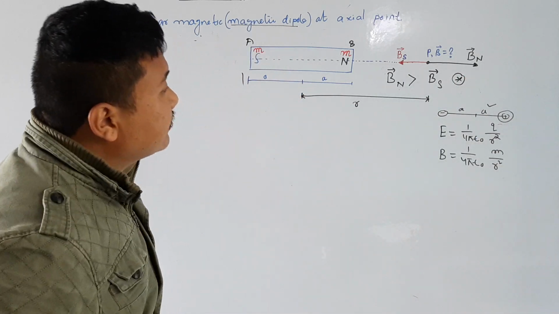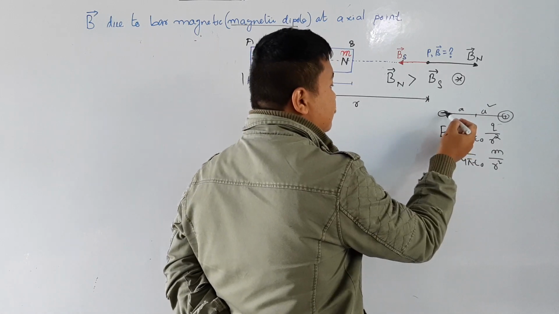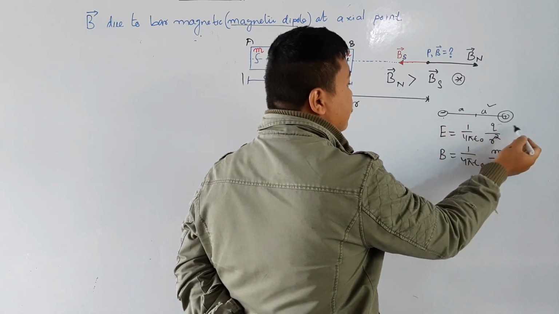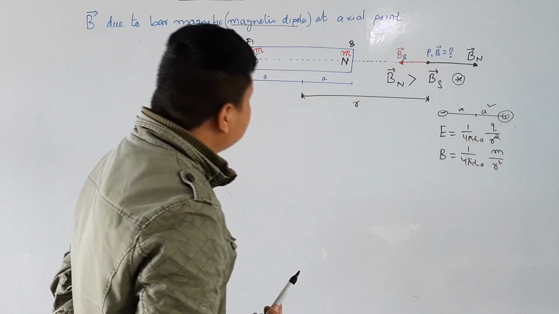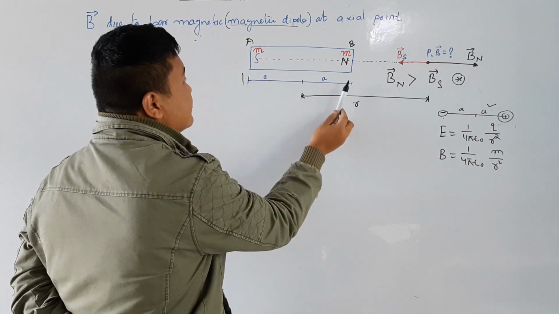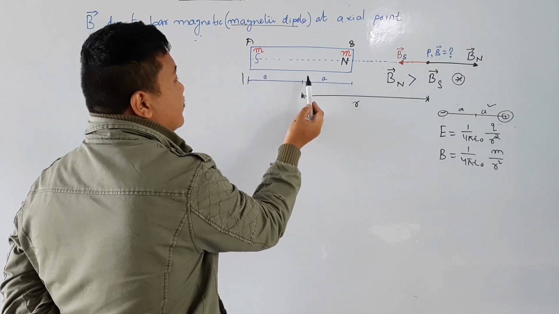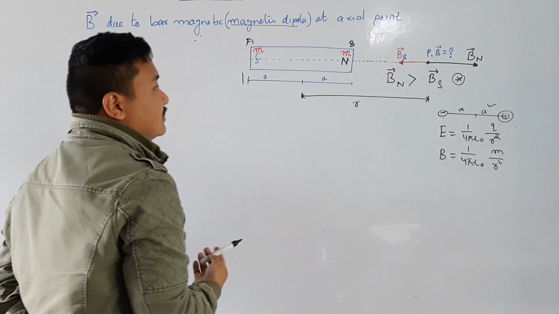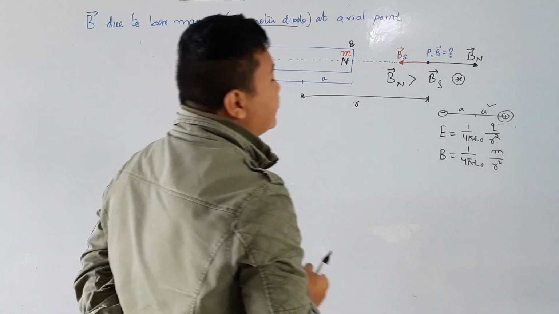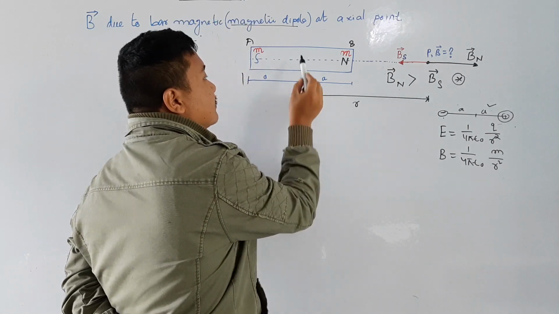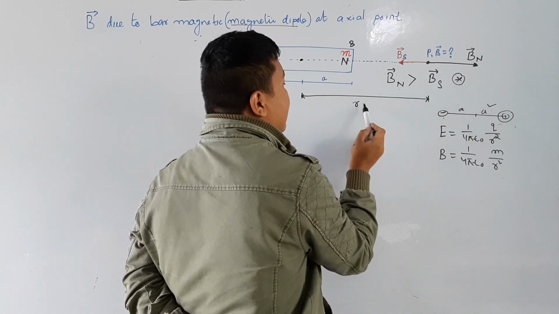Now I want to find the magnetic field. So the electric dipole is this, okay? I have drawn a small one, minus q and plus q, separated by distance a and a. Similarly, the distance between A and B is a and a, that is 2a. So this is my center, half the distance is a, another half is a. And the distance from the center to this point P is my r.